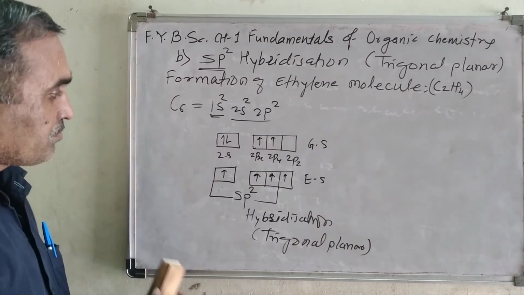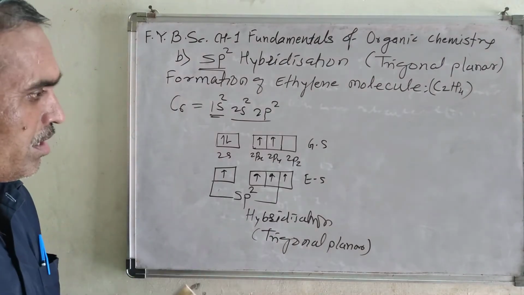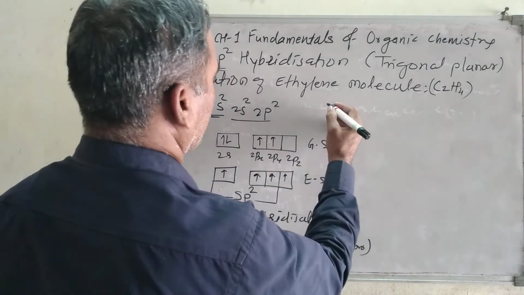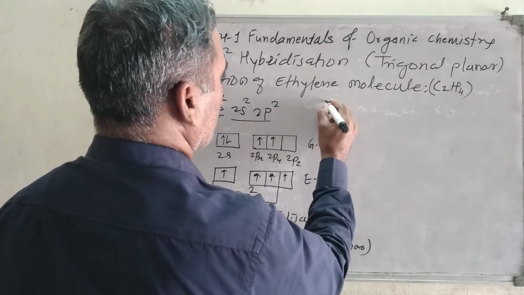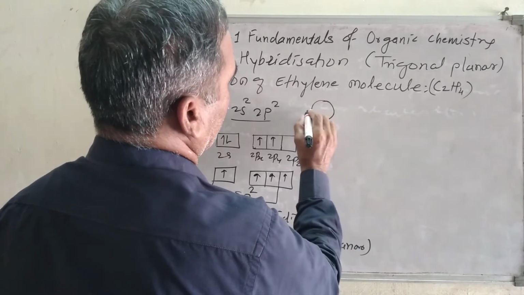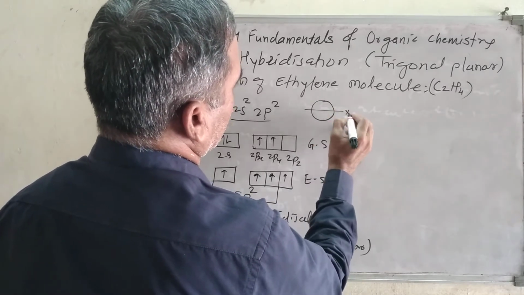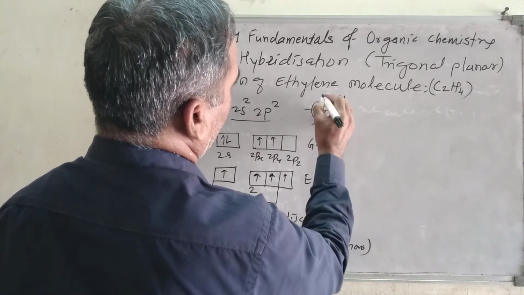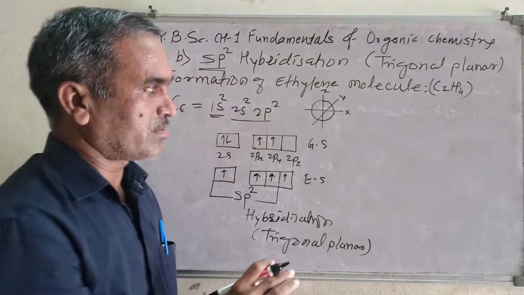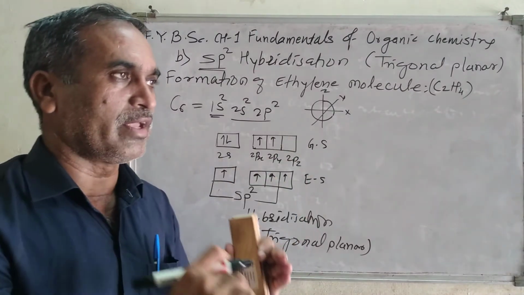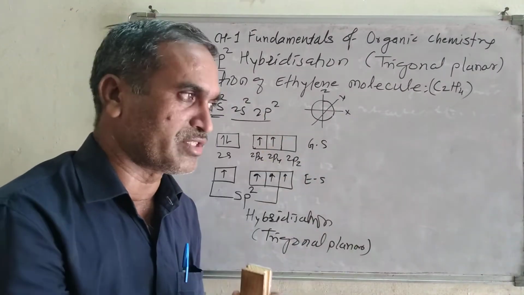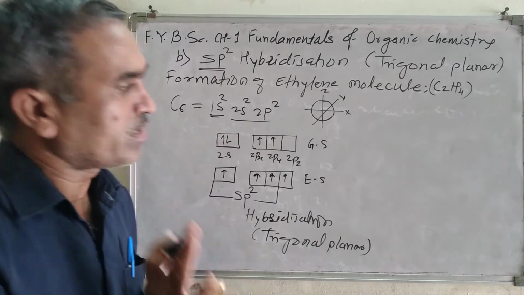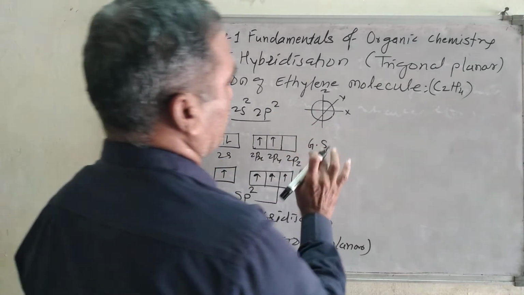And now look at here how, diagrammatically, I am going to show here. The s orbital, as we know, has a spherical shape. There are the 3 axes, which are x, y and z. These are the 3 axes. The s orbital has the same electron density or intensity along all the axes.